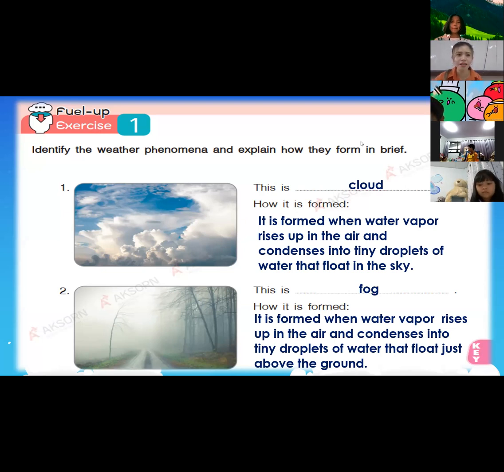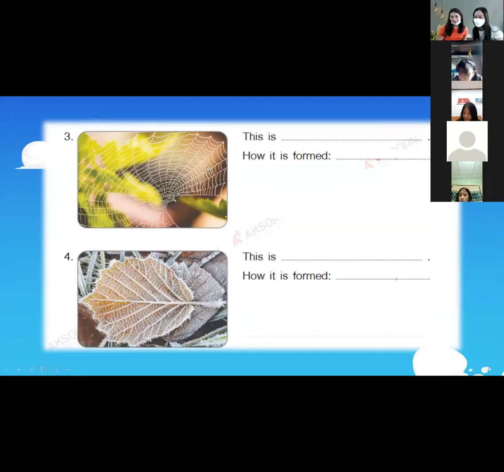Okay, let's move on. Number 3. For number 3, I want Oi. Oi, could you please tell me what is the picture in number 3?